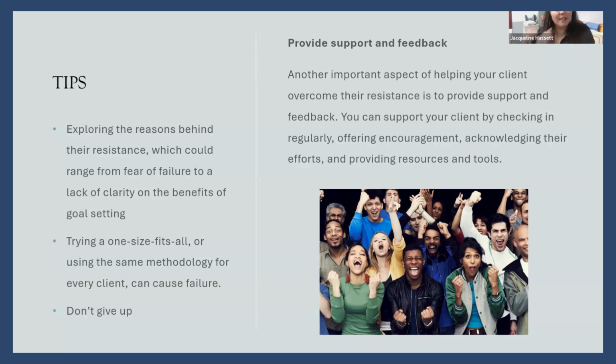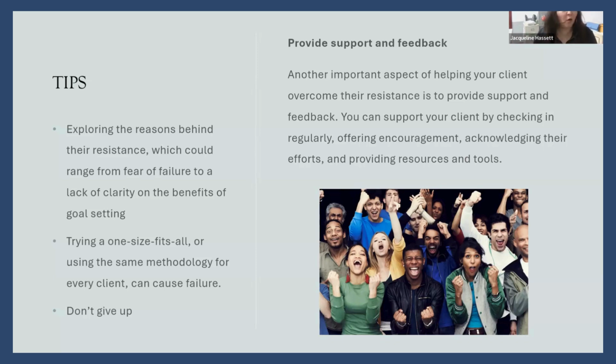Maybe you'll start to see some patterns and get some nice language under your belt and approaches that work, of course. But be careful not to just be slapping the same old goal on everybody. If you're starting to see that, you're probably not co-creating those goals. And of course, don't give up. Also important to talk about: